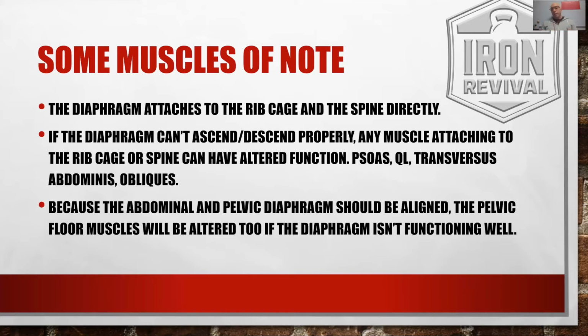You're also going to have hips that don't work all that well too, because the pelvic diaphragm is influenced as well in a negative way. But we're mainly focusing on the upper body because we're talking about this in the context of the press. So when the diaphragm can't move up and down properly, it's going to affect any number of the muscles that it attaches to, muscles that attach directly to the spine or that attach directly to